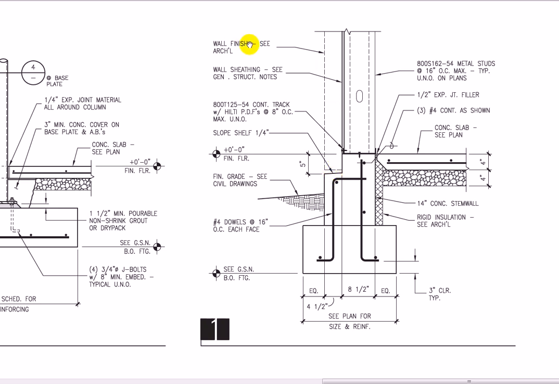The dashed line here indicates that it's the architectural exterior wall, and then here's the indication of the metal studs. 800S162-54 just talks about the size of the stud. It's an 8-inch stud, with a 1.62-inch flange on it, and then that has to do with the gauge of the stud. We space them 16 inches on center, unless otherwise noted. And this tells us a little track to put down,